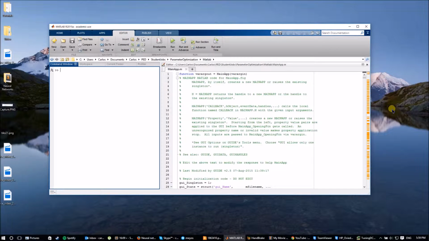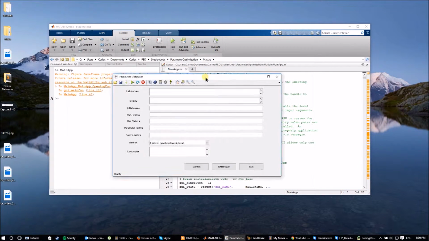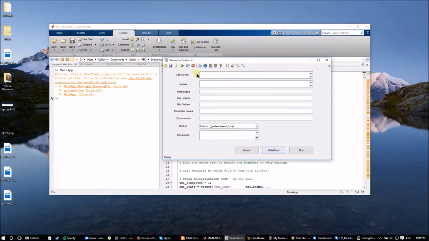In this video I'll show you how to use a little app called Data Picker that will let you get the data from curves in a PDF or an image, which you will then be able to use easily in a Parameter Optimizer or any other tool. So we begin by opening a Parameter Optimizer, and we see here in the Data tab